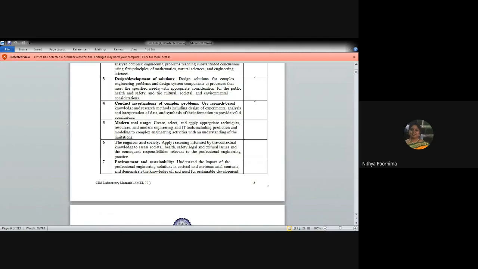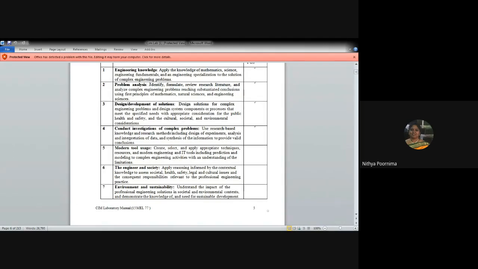Design is the most key component. Without designing any mechanical project, and that too after you all have studied DME1, DME2, DOM and all that. So definitely design is a major component for our mechanical engineering. Problem analysis is almost inbuilt with whatever we do. So any problem you get, you are in a process of analyzing and identifying your problems, right? Engineering knowledge, basic knowledge of mathematics, science. If you have all those, only then will you be able to move on gradually over the years of mechanical engineering, right?